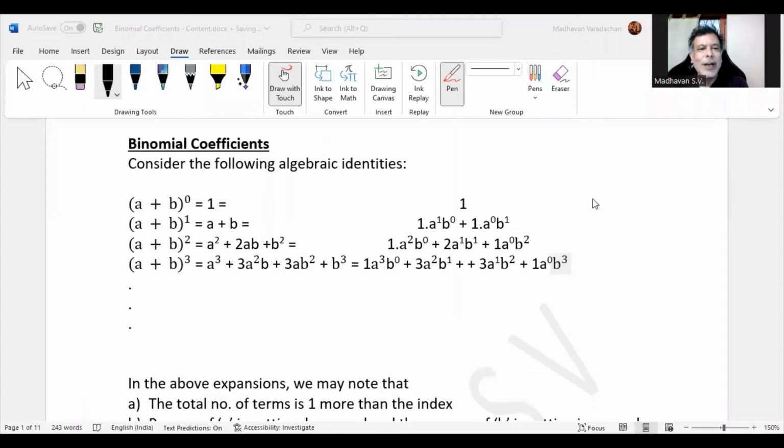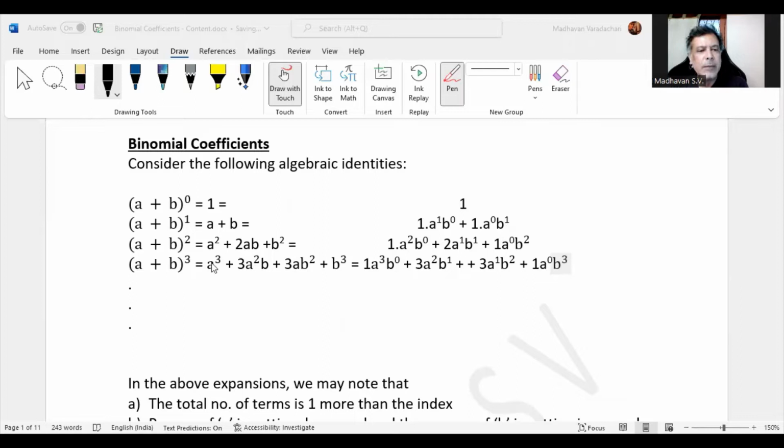In this video, we'll understand about binomial coefficients. Let us consider the following algebraic identities. (a + b) to the power of 0 is 1, which can be simply written as 1. And then (a + b) to the power of 1 can be written as a + b, which means I can rewrite it as 1 times a power 1 into b power 0 plus 1 times a power 0 into